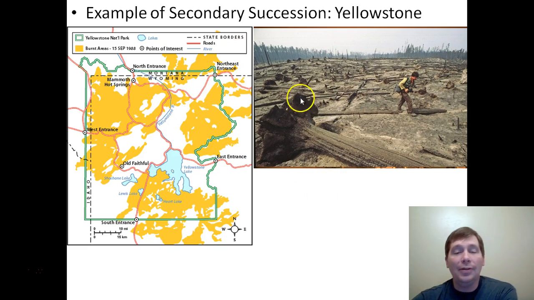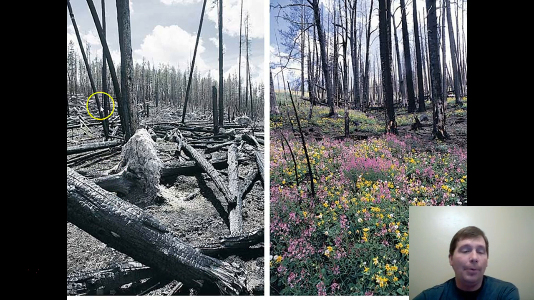Well, this has given us an opportunity to see the process of secondary succession at work. Though what happened is that after the fire, whole areas of the park looked like this. There was nothing living here. All the plants were dead. The fire killed it out. And it was that way over the winter, and then the next spring, this is what we saw.